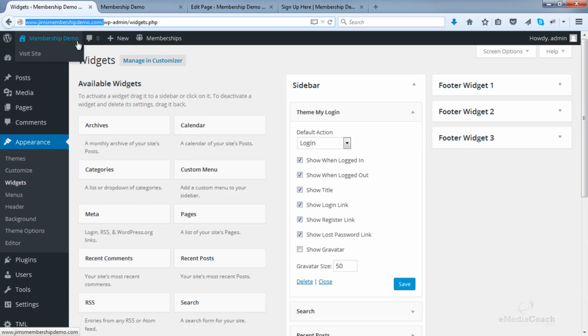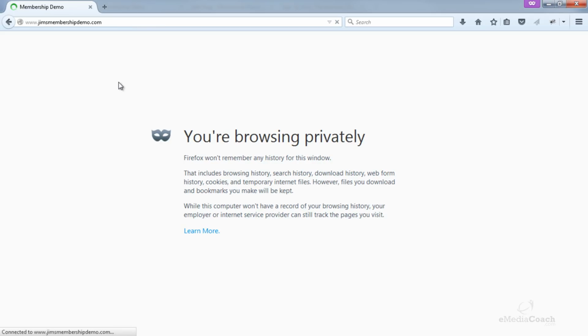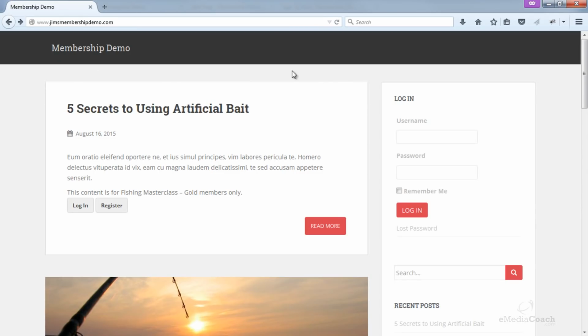Okay, now let's have a look at the site. So there you go. This is what the user will see. They will see the login screen available in the sidebar, and they can easily log in and access their content. So it really makes the user experience for members a lot better. Next, what I highly recommend you to do is to add a sign up or register and the login links into your menu. So I know we haven't done this before, so I will take you through how to do that.